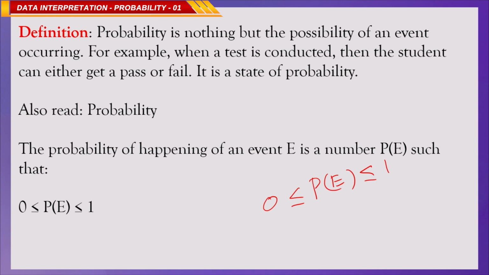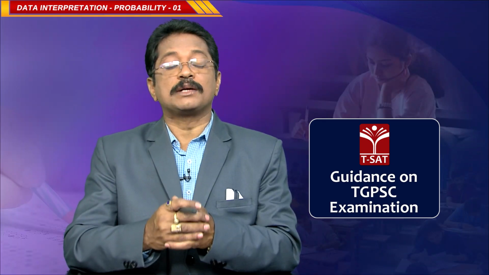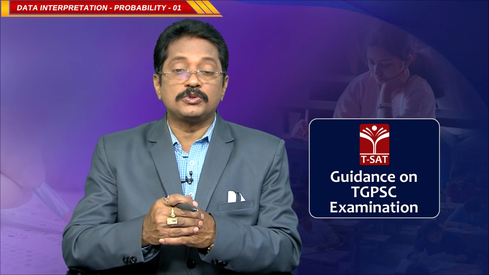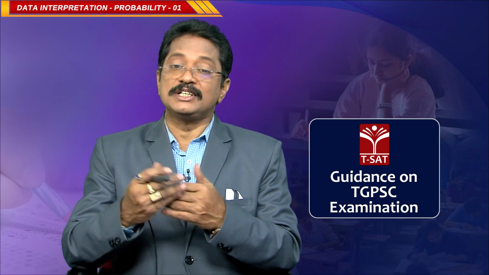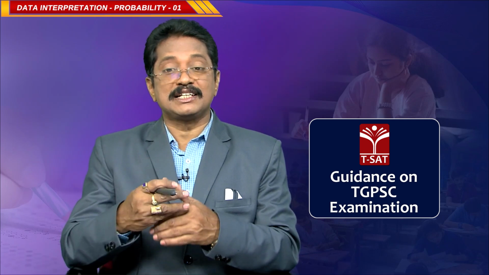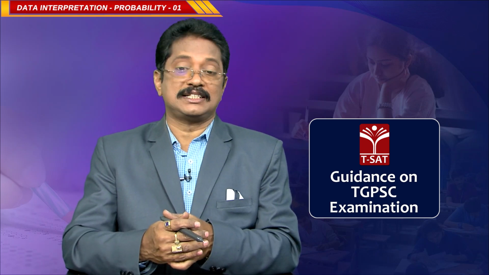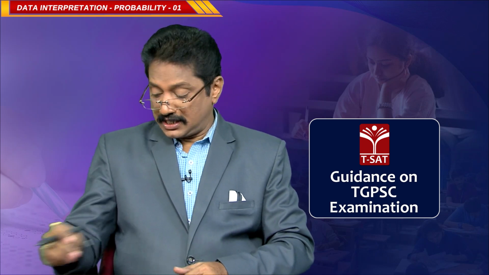There is no possibility that the probability of an event will be more than 1 or less than 0. Means there are no negative values for the probability of an event, and no value more than 1. You have to remember, this is very important. For example, the probability of an event is 1.5. Is it possible or not? If I ask this question in the examination, what you have to do? The maximum value of probability of an event is 1, but given that the probability is 1.5, obviously it is not possible, it is an impossible event. Is it clear? They may ask such a question in the examination.